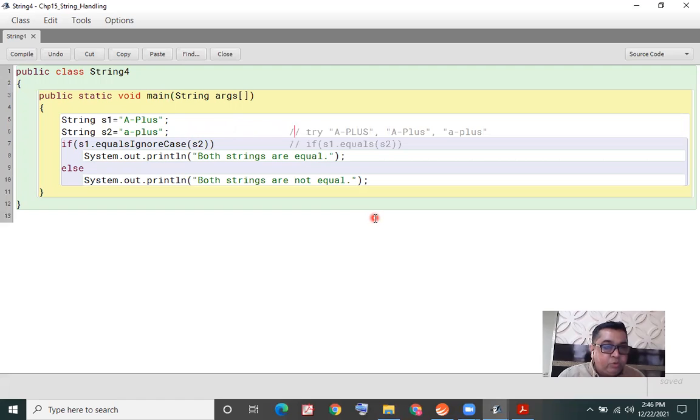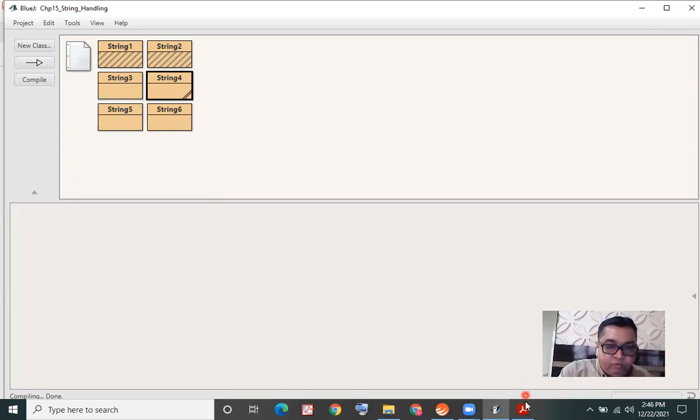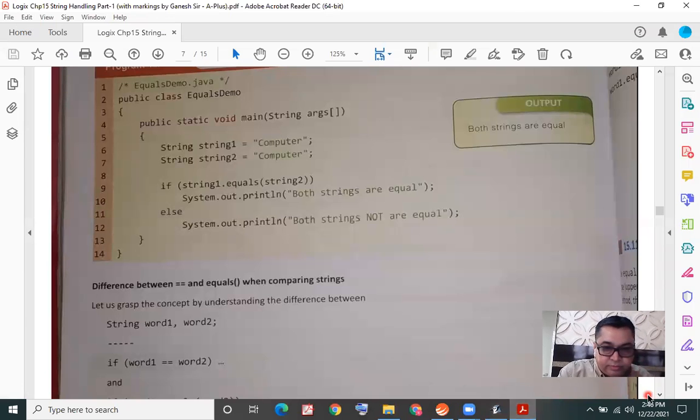Similarly, when you change S2 to something like this or this third thing, any of the changes that you do, try out both the methods, equals method also and equals ignore case also, and observe the output. Well, have you understood the example, please?